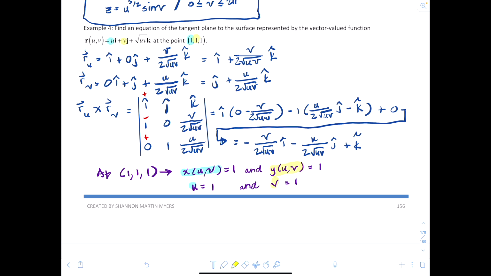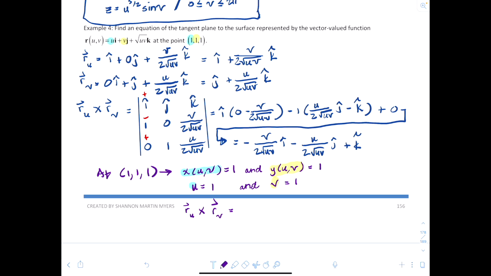So we will have the first partial of r with respect to u, cross the first partial of r with respect to v, at 1, 1, 1. This is all at 1, 1, 1, will equal to